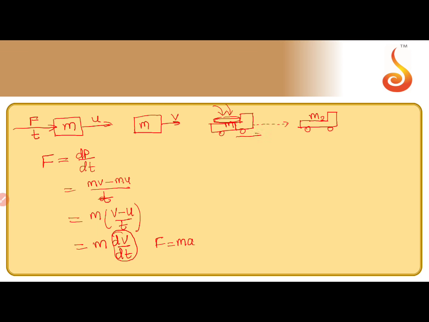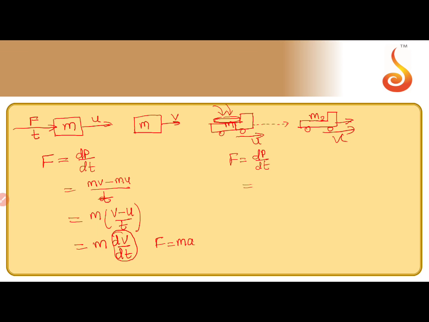But the truck has to move with a constant velocity u. I am not compromising on the velocity. The truck has to move with the same velocity. Then, whatever the extra force that is required to pull the lorry or the truck is only to compensate for the additional mass. Then, if I write F is equal to dp by dt,